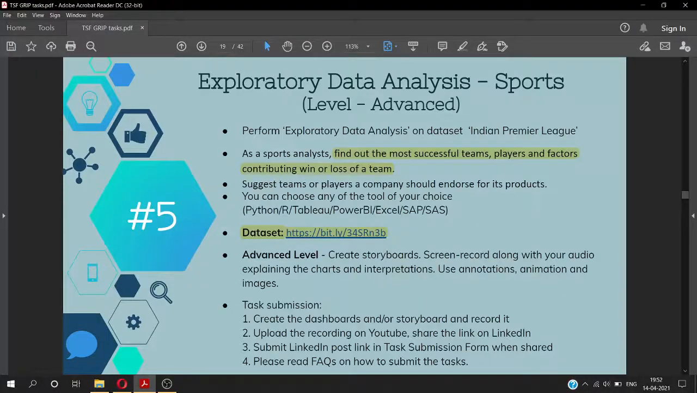Today I am going to submit my Task 1 of Data Science and Business Analysis intern at The Sparks Foundation. I have chosen Task 5, that is exploratory data analysis of the Indian Premier League. In this task, I have been provided with a data set of all the matches that have taken place